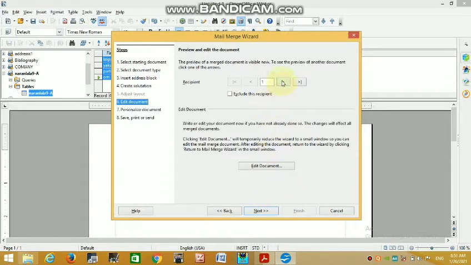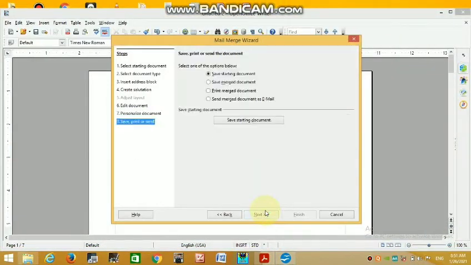If you want to see the other document preview, I click on 2. Save merge document. Save from 1 to 4.